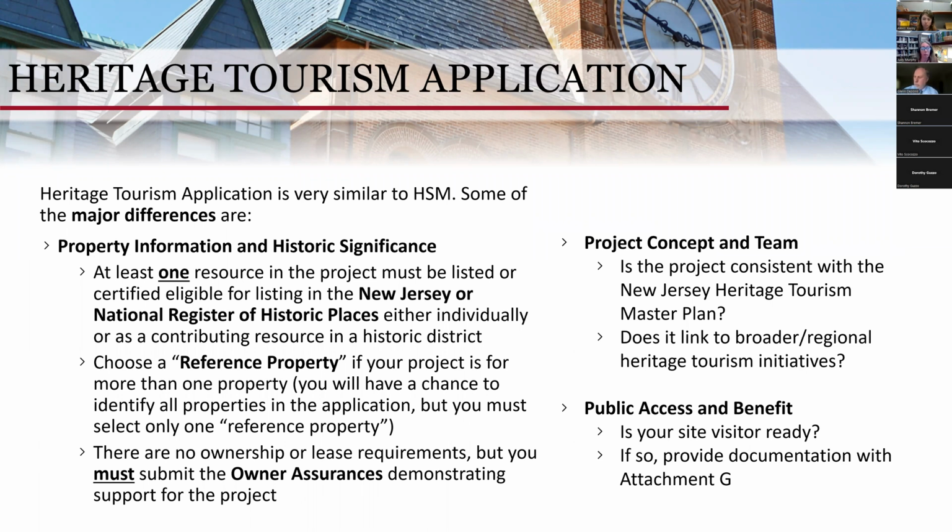These are some specific aspects of the heritage tourism application that is different from the HSM application. For the property information and historic significance section, at least one resource must be listed or certified eligible in the New Jersey or National Register of Historic Places, either individually or as a contributing resource to a historic district. If your project is for more than one property, choose a reference property that does meet the property information and historic significance requirements. There are no ownership or lease requirements, but you must submit owner assurances demonstrating support for the